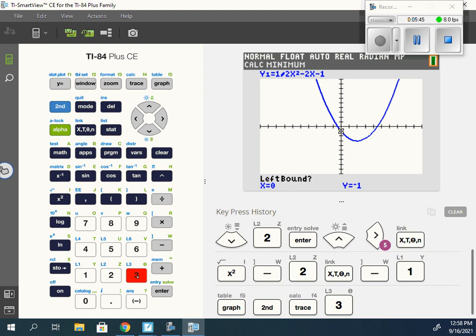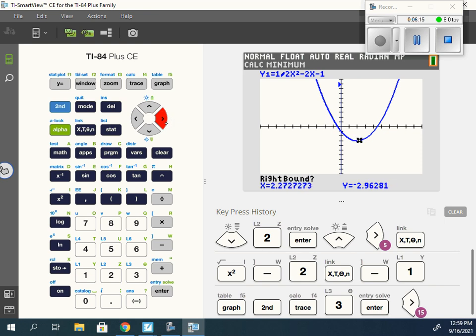Now, whenever we find minimum, maximum, or any of these here, the first thing it asks is left bound. So we need to pick a point to the left of the minimum value. Well, is the little blinking X already to the left of the point or left of the minimum? Yeah, so we can just go on and hit enter. Now it wants it to be to the right. So we have to click over to the right,